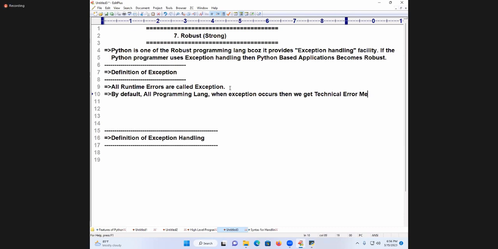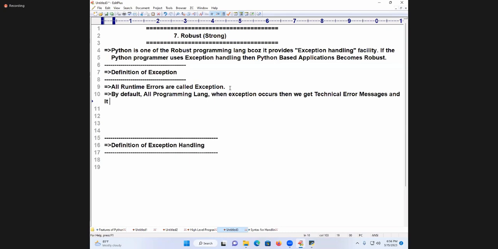In industry, it is not recommended to generate which messages? Technical error messages, because